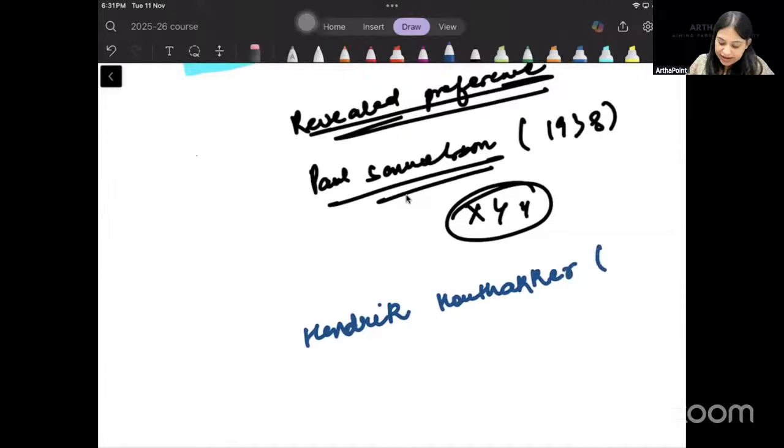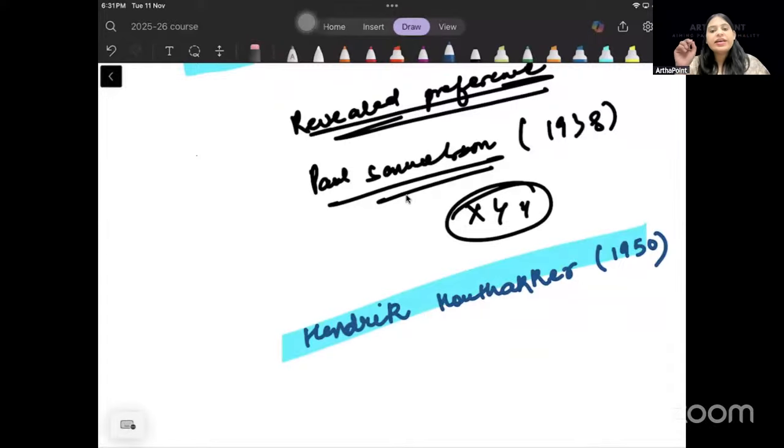Houthakker. 1950. He talked about axioms in revealed preference. ठीक है, देखिए if you look into the first two pages of Varian, वहां